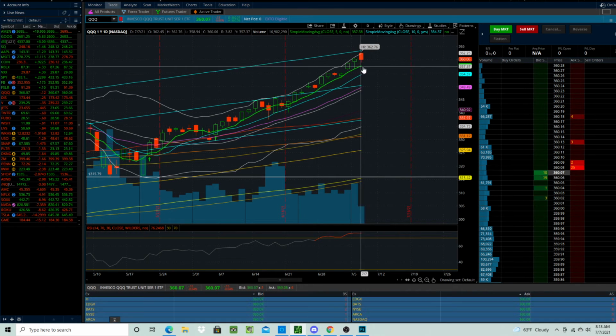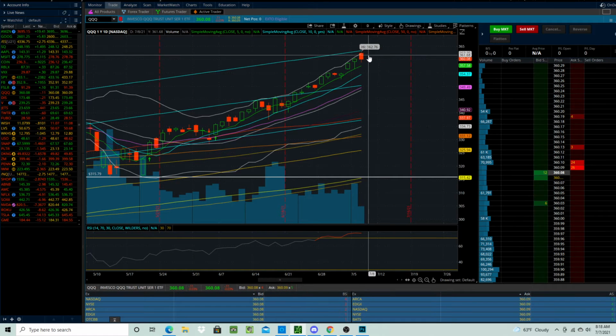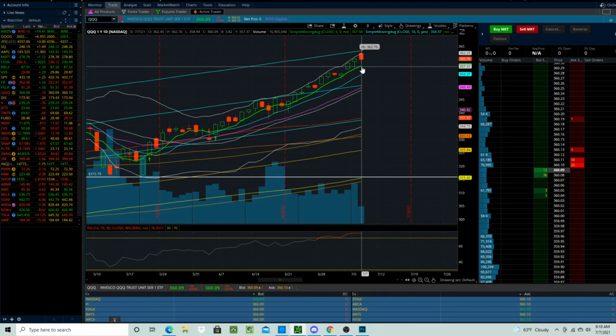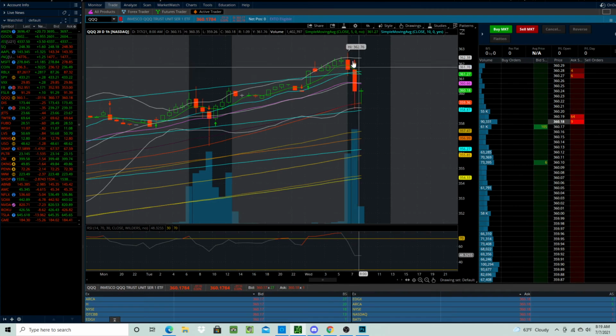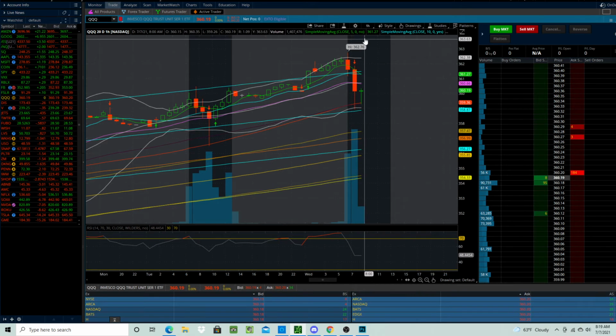Do we bottom out here at the 5-day moving average and get a total rebound? Or do we continue to push through the 5-day moving average here? That would be a little bit more bearish on the short term going into the next few days in the next week. But overall, if you're just looking at it from the hourly perspective here,